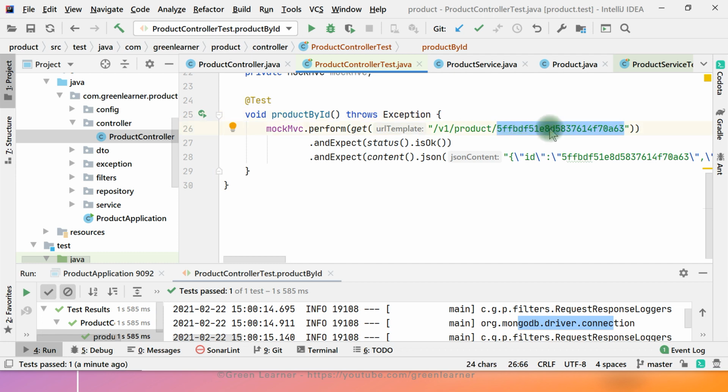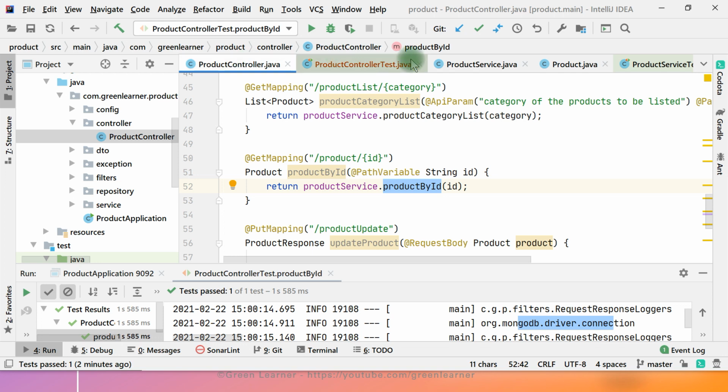You're seeing the problem here. You have not changed anything in your code, but still your test case is failing just because someone else has changed the database content. So we should not have this tight dependency with the database. That is why mocking helps here. So this is a kind of boundary.